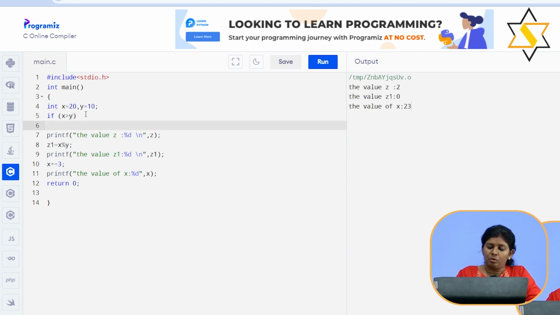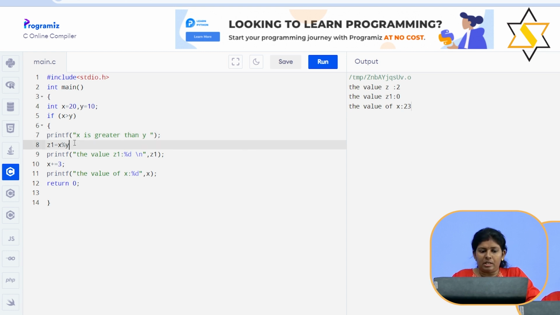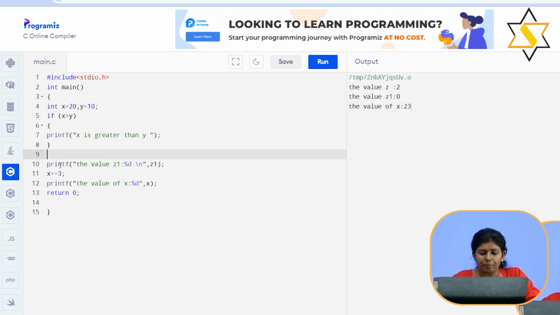If yes, you need to use the curly bracket. If yes, here you can write x is greater than y. No need to define any values here, no need to print any values. It shows the statement x is greater than y. Then close this statement with a curly bracket; an opening curly bracket must be closed. Okay, then